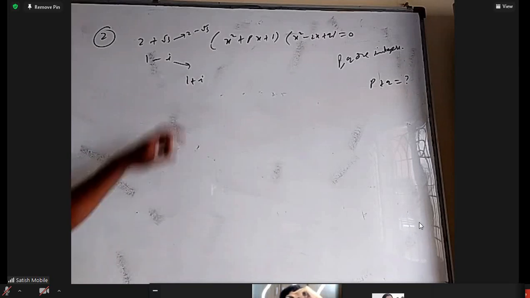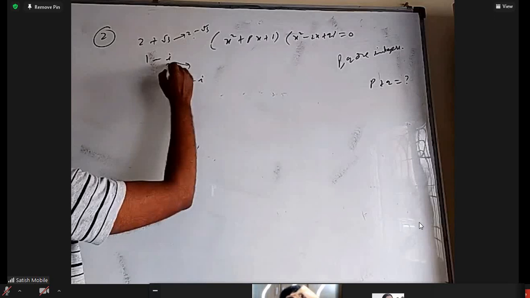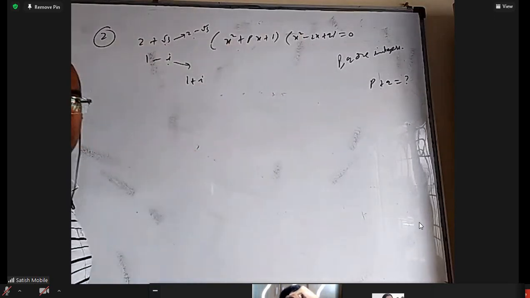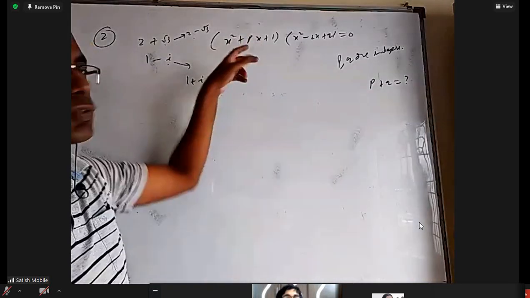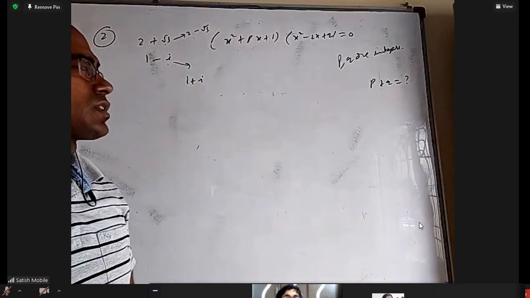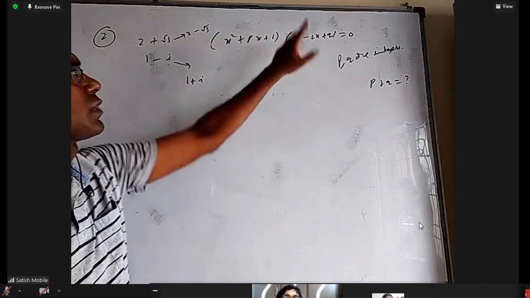Okay. So because these two are the roots, I cannot take this and this as roots of this, and this and this as roots of this. Not possible, because this alone is a quadratic equation with real coefficients, which means it should have roots in conjugate pairs if they are irrational or complex. So whether these two are roots of this or these two are roots of this, how to decide?